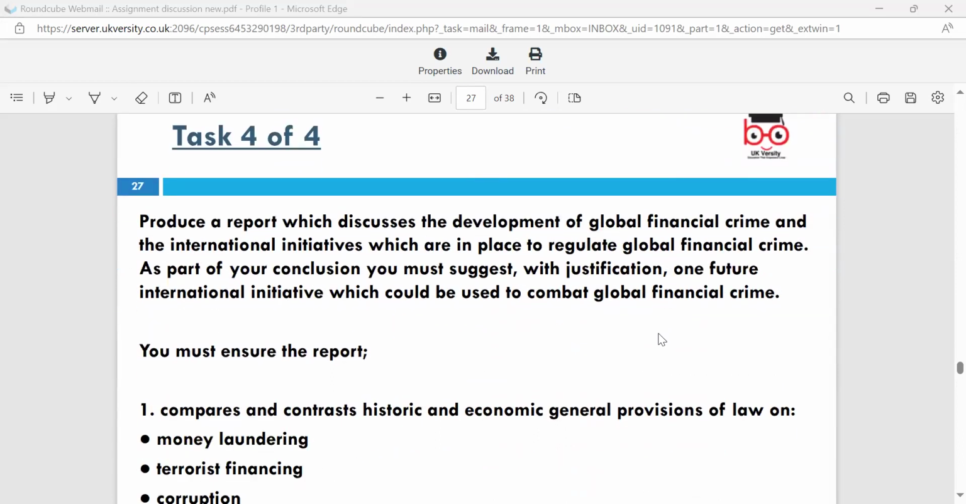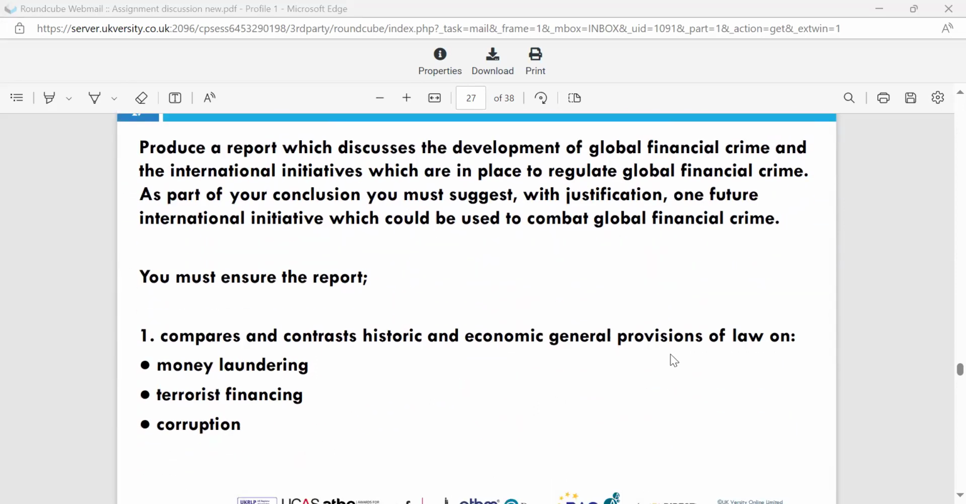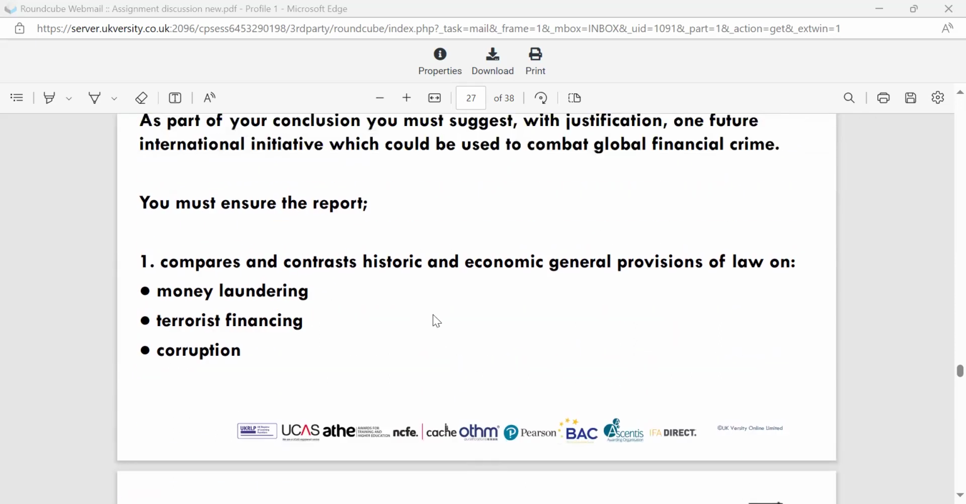Task 4 of 4. Produce a report which discusses the development of global financial crime and the international initiatives which are in place to regulate global financial crime. As part of your conclusion, you must suggest with justification one future international initiative which could be used to combat global financial crime. You must ensure in your report that you compare and contrast historical and economic general provisions on